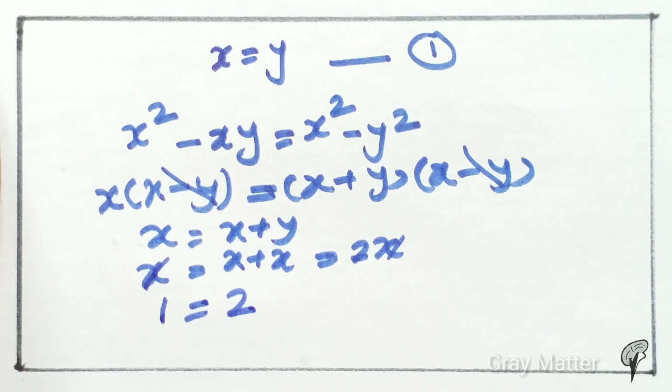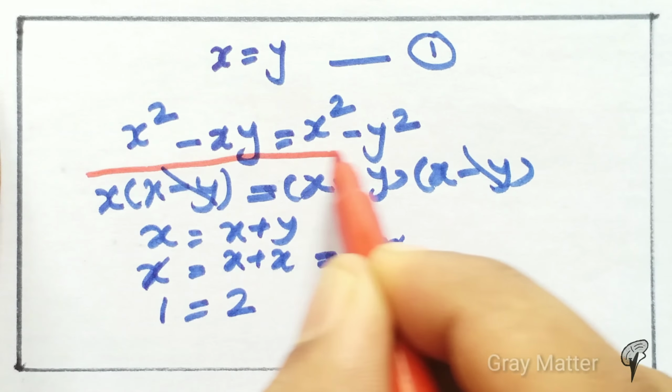Now we all know that 1 is not equal to 2. So where is the problem here? Pause the video and think for a while. So here is the problem. Here in this step,